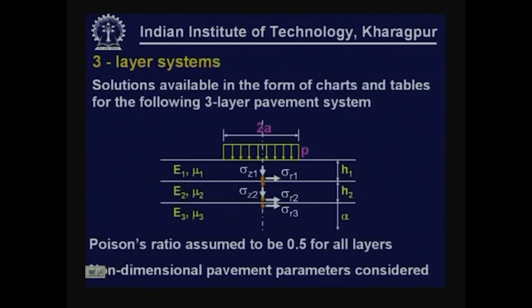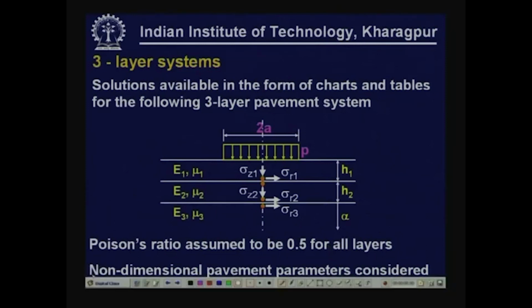Coming to the three layer system, this being more complex, there are limited parameters that can be determined using various charts and tables that are available. Here the Poisson ratio value is assumed to be 0.5 for all the layers, and basically these are the parameters we can determine. Stresses at this location, this is at the interface in the first layer, stresses at the second